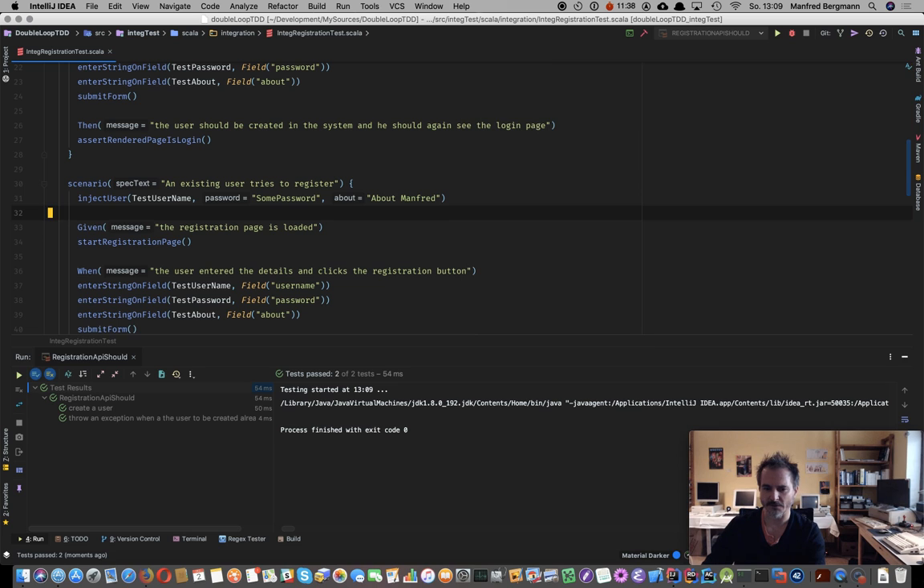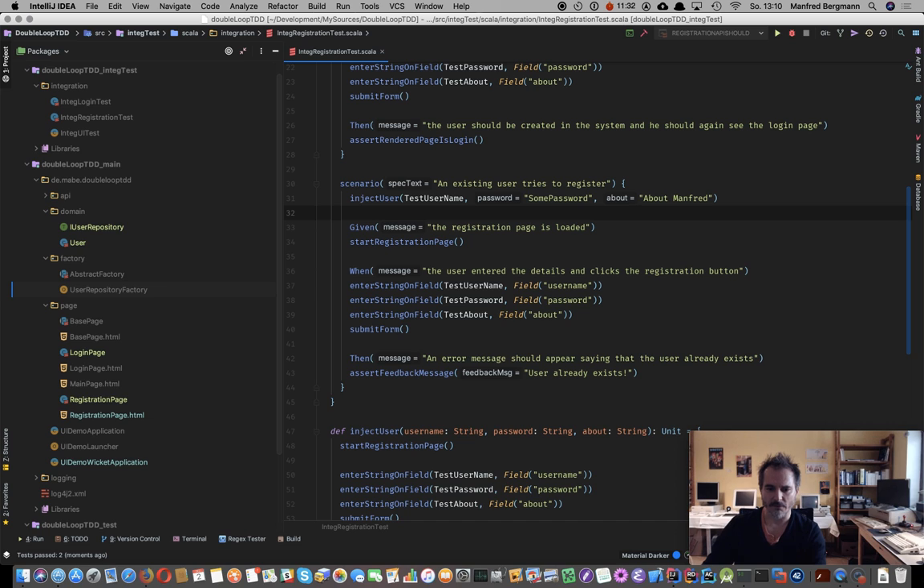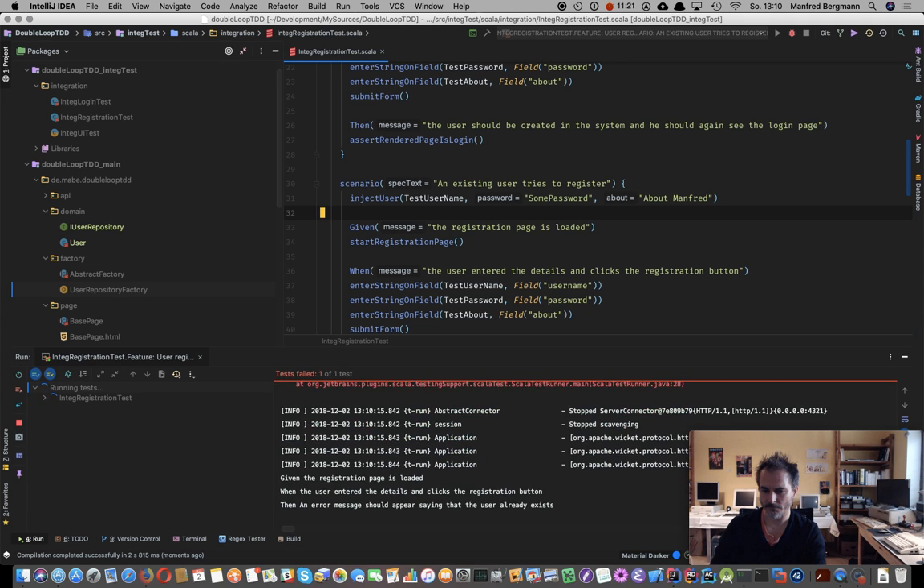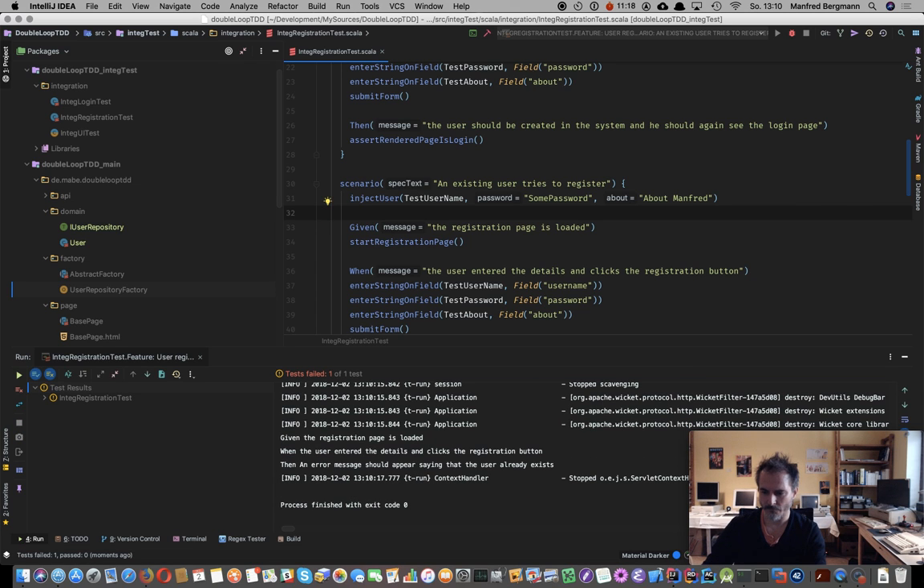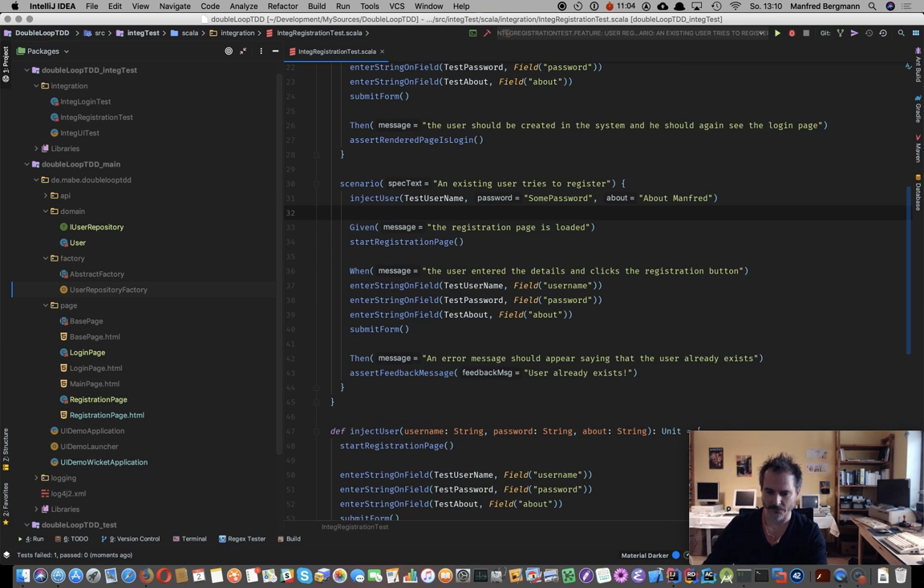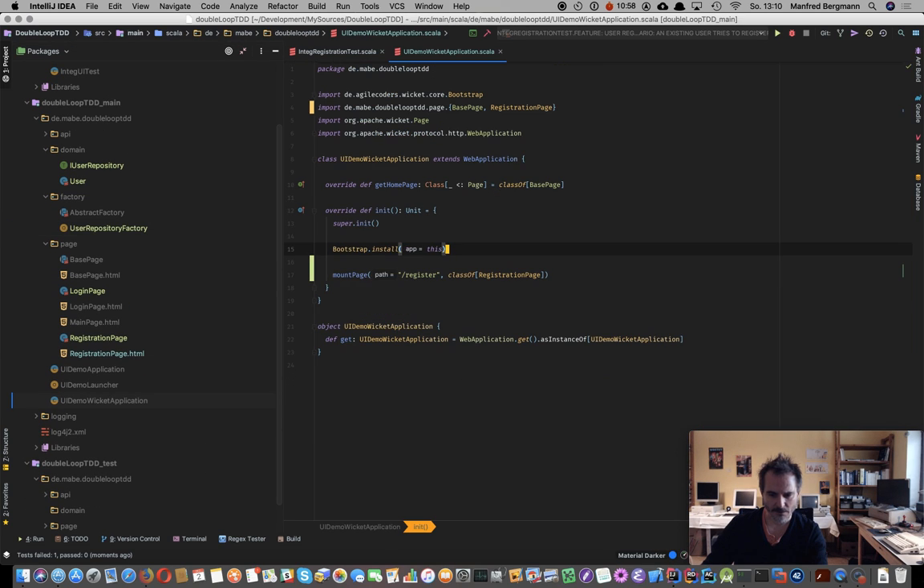Let me close this stuff here. And let's run the registration test again. See if we're getting there. Feature scenario. Oh, set an instance first. Right. Okay. So the abstract factory, yeah, so this is the real code, and we have to set up this factory,